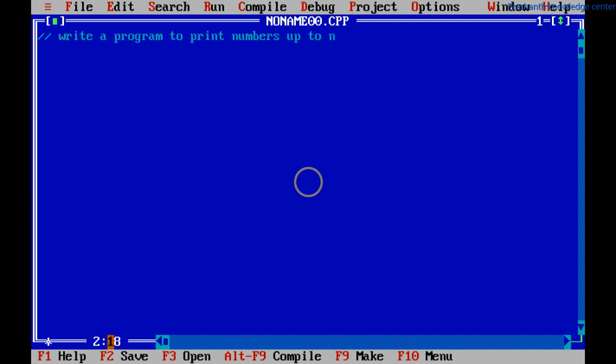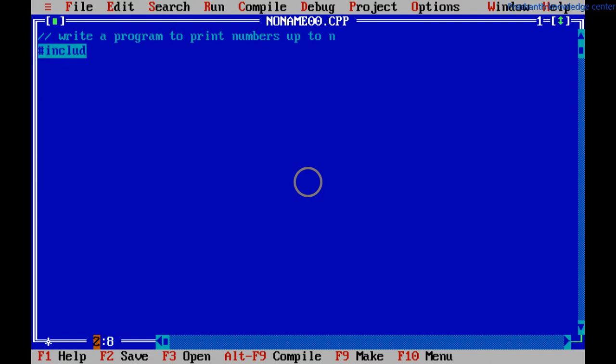The second number represents the position of the cursor, and the first number represents which line the cursor is presently in. See here, for example, the cursor was in the 9th, 10th line, then the first line, now it is in the second line, like that. Now coming to the program,